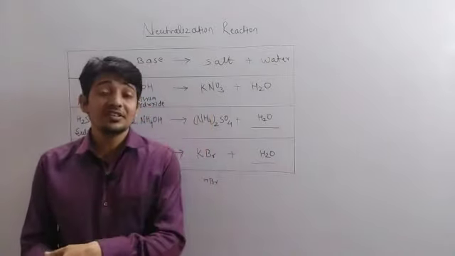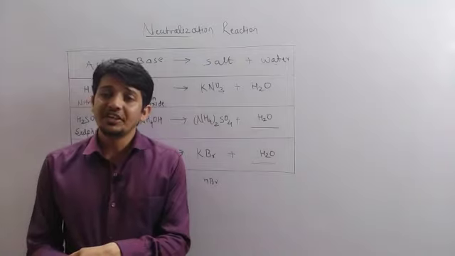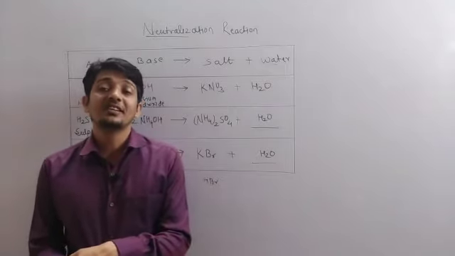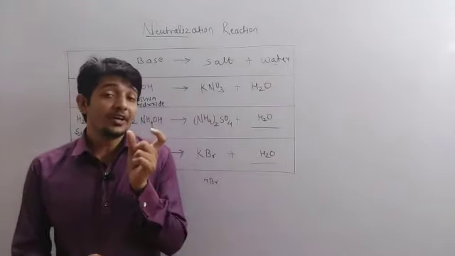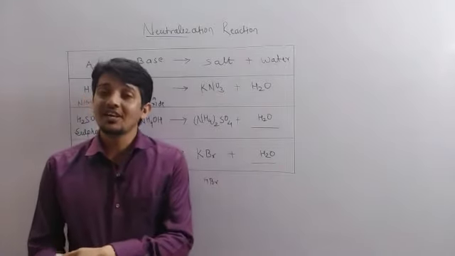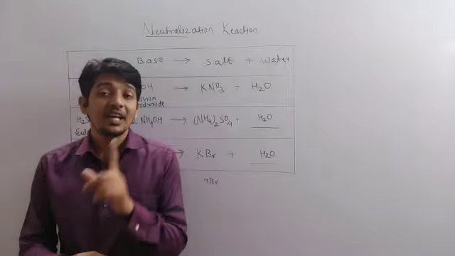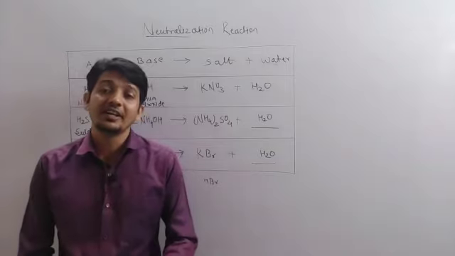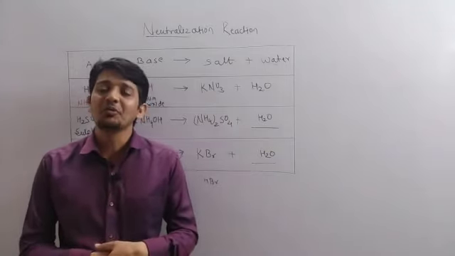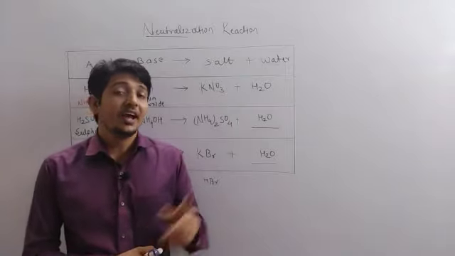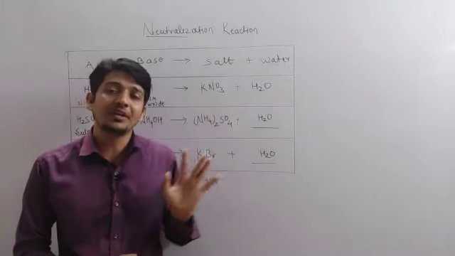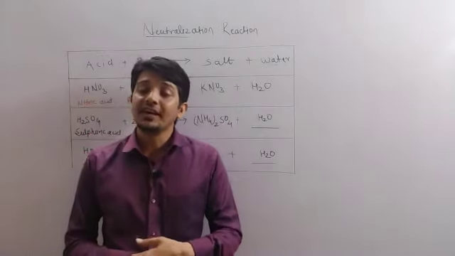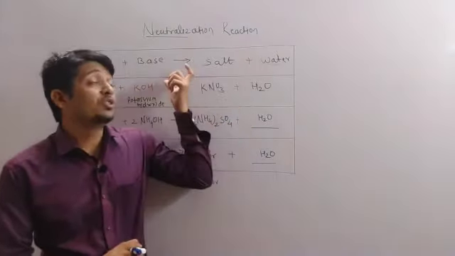What is a neutralization reaction? The reaction in which an acid reacts with a base to form salt and water is called a neutralization reaction. We have already solved the first example: when HCl, hydrochloric acid, reacts with a base, and we used sodium hydroxide as the base, they form NaCl, the sodium chloride salt, and water also. And these three more examples we have already completed in the fill in the blanks. So this is today's session. We have completed the neutralization reaction part.